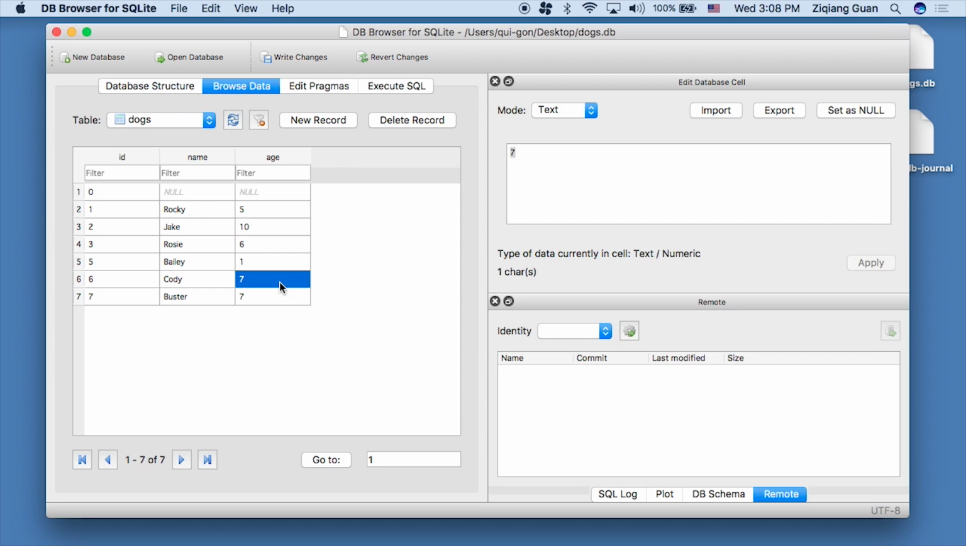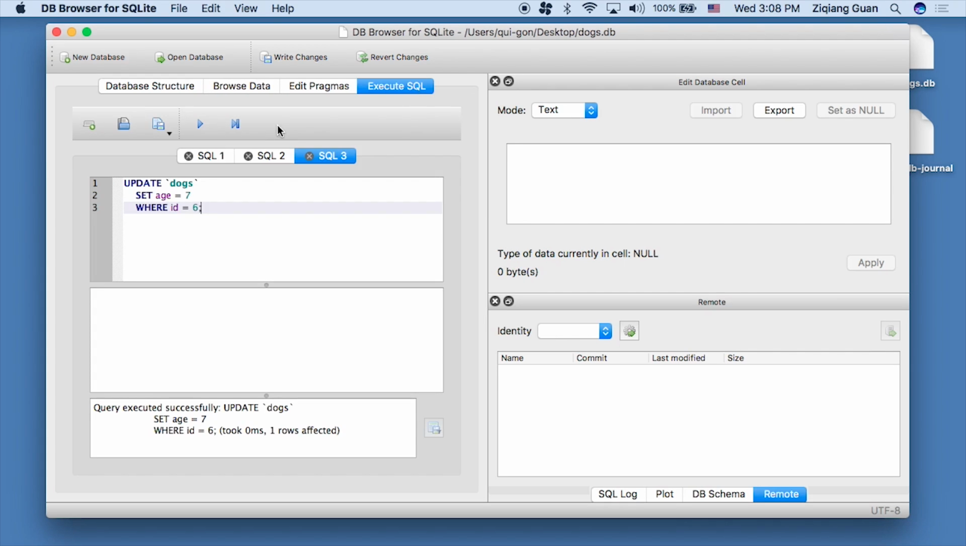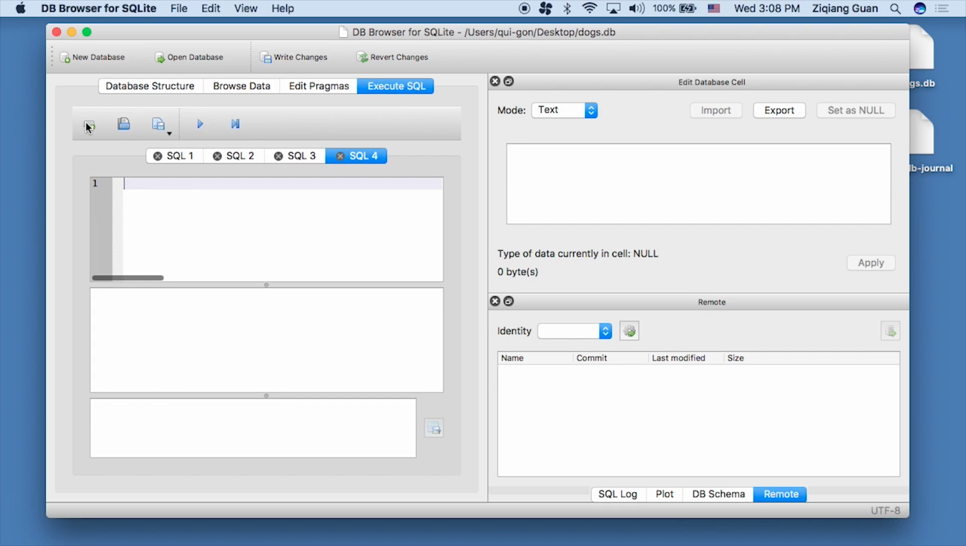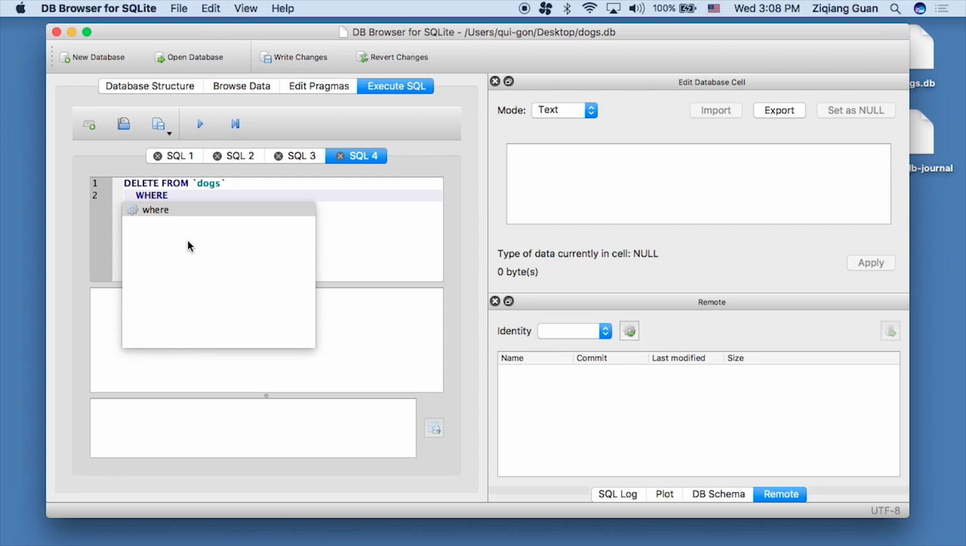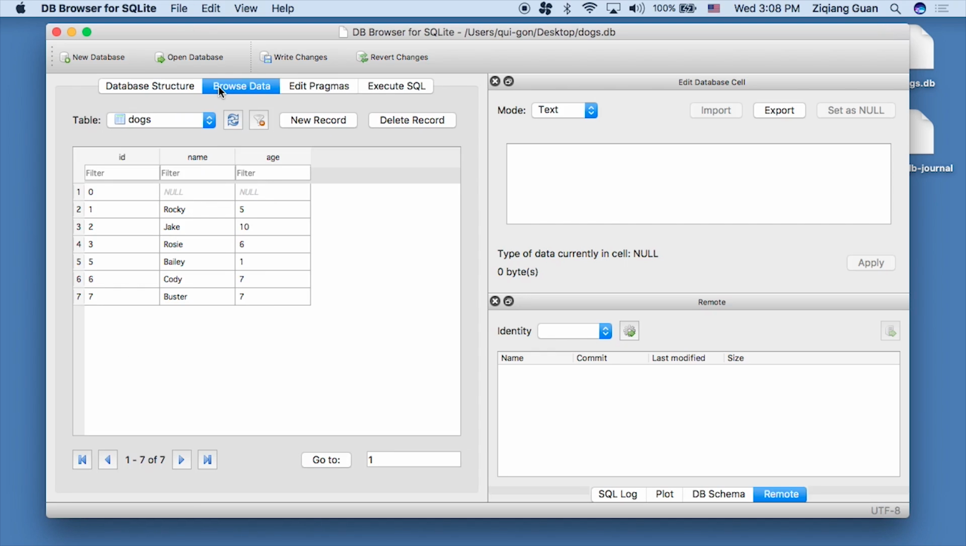Okay, so the next thing we're going to do is delete a row. To delete a row in SQL, we use the delete from statement. We will grab another tab for this, and we could type delete from, and then we give it the table that we want to delete from, dogs. And then we give it a specifier, a condition, where,